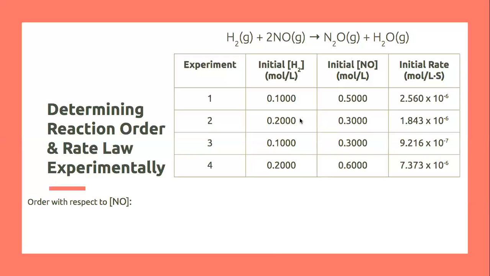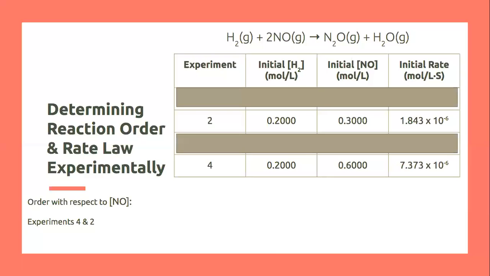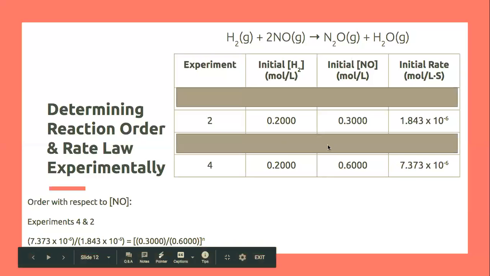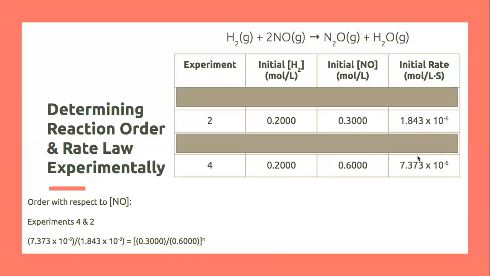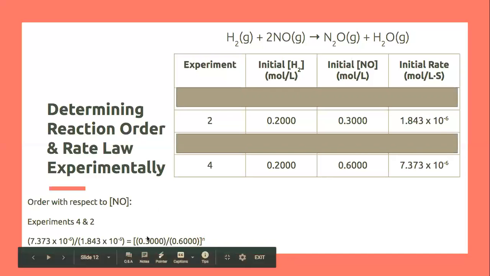Let's do that. And for simplicity's sake, I am also going to block out 1 and 3 right now, so we don't have to stare at too many numbers. We're using experiments 4 and 2. We've got a nice, tidier looking screen right now. So the first thing we're going to do is set up our equation. We're using experiment 4 divided by experiment 2. So we will have our initial rate for experiment 4 divided by our initial rate for experiment 2 is equal to the concentration of,